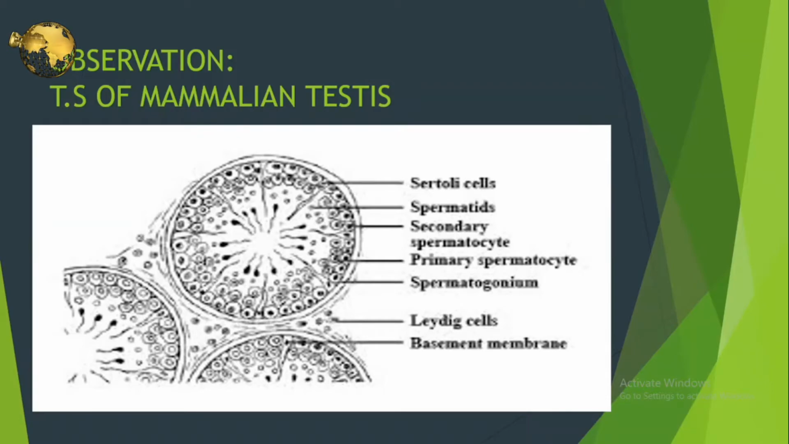Testis is bounded by germinal epithelium floored by a thick layer of fibrous tissue, the tunica albuginea. The testis consists of many seminiferous tubules embedded in the interstitial tissues. Various types of cells are present from outside to the lumen in the order of spermatogonia, spermatocytes, spermatids, spermatozoa, that